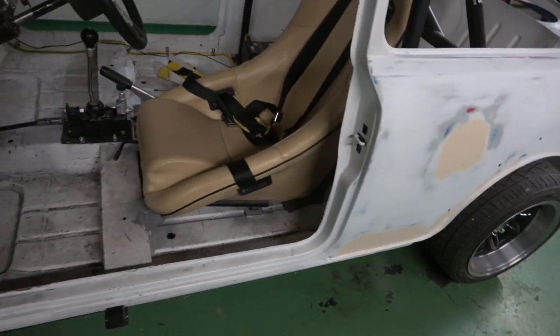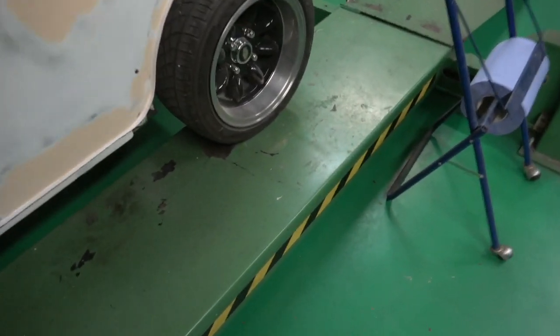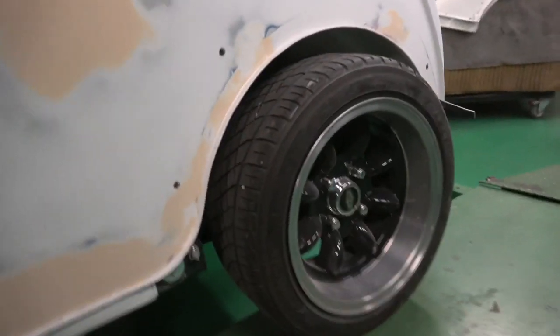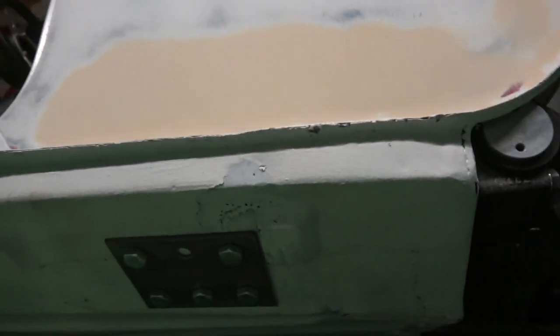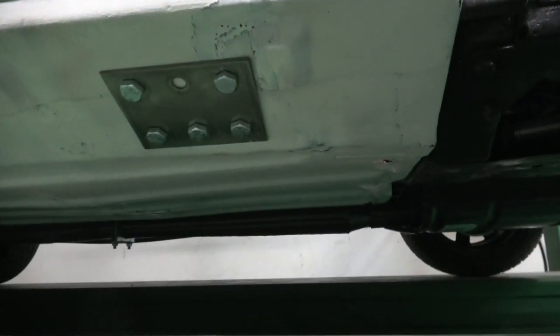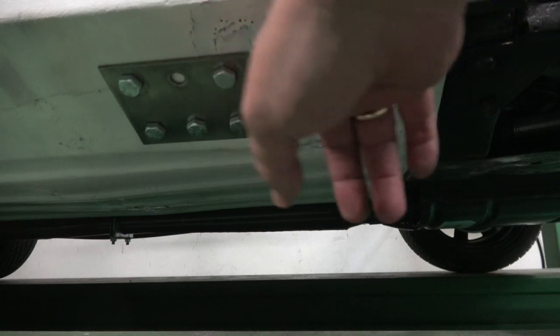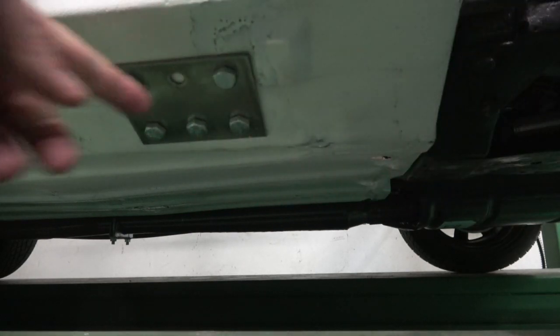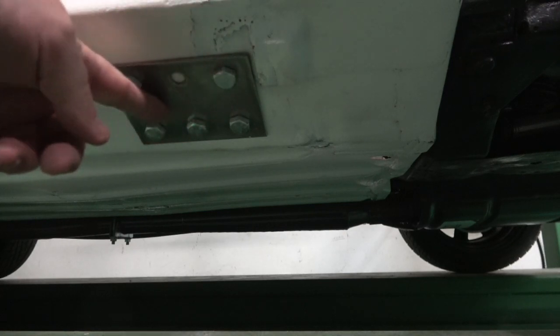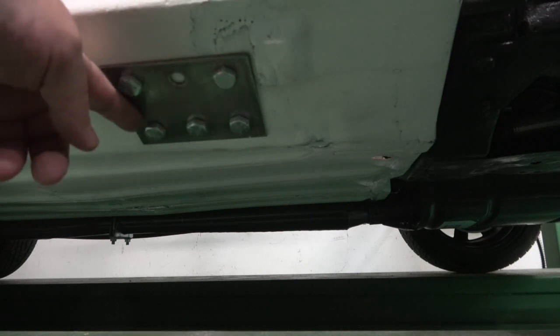So when that comes, I can get that fitted in, and then I can do some welding on the plates. These plates that are underneath here, I'll just bring this camera down if I can show you. I have to turn it towards me. These plates that are under here, what we intend to do is put round... It's hard to do it the other way around. We'll come this side. I'm going to basically put a half pipe in here in the center, and what that will do is allow the